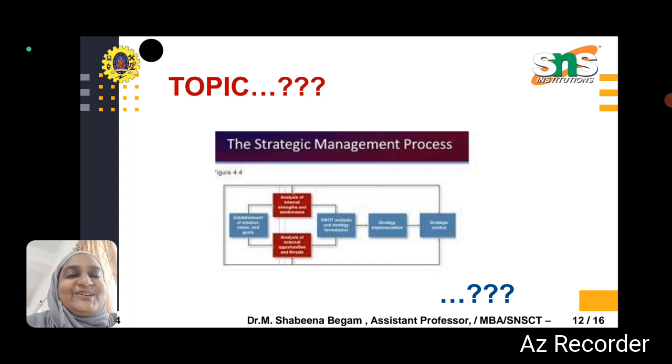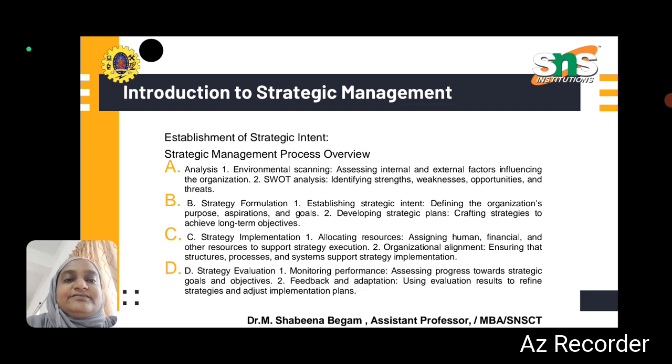So this is what we are going to discuss about the strategic management process. When we talk about the strategic management process overview, it is basically classified into four categories, where we analyze, then strategize the formulations that we have analyzed and obtained from previous records. Then we implement the same, formulation after formulation, and finally we evaluate the same. So this is a cyclic process.